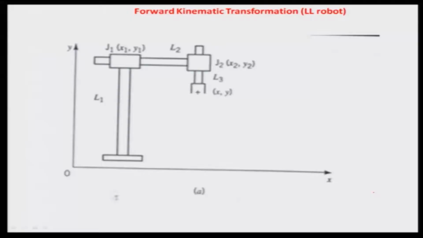So let us look at the various systems which are in place. This is, for example, a linear system. This is an LL robot, a linear robot, which means that this right here is the base of the robot. Let us first classify the different aspects of the robot. This is actually, you can say, the lower arm,